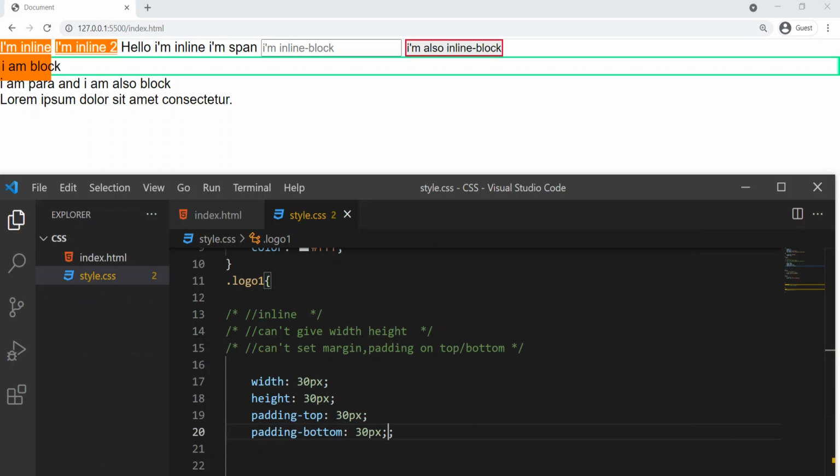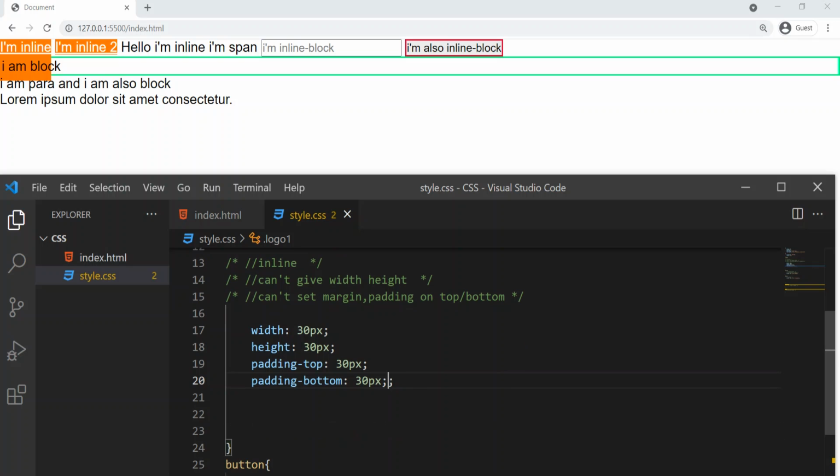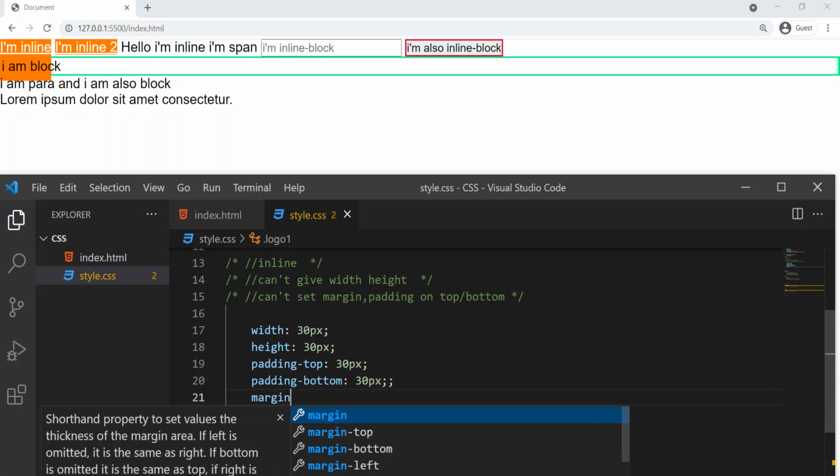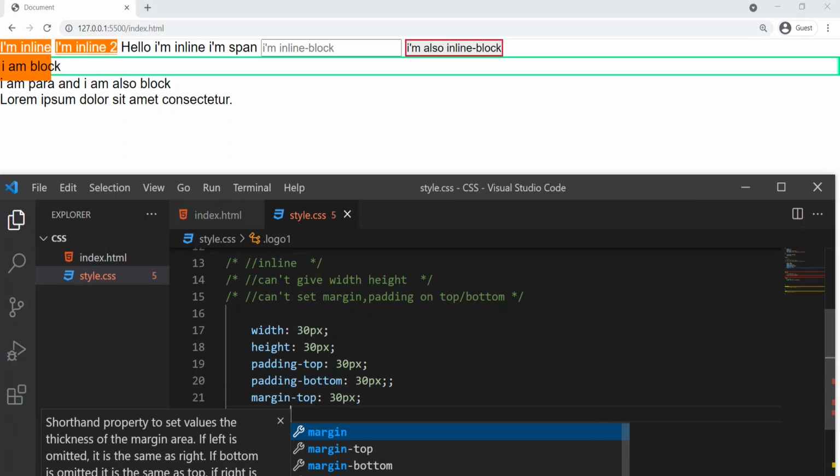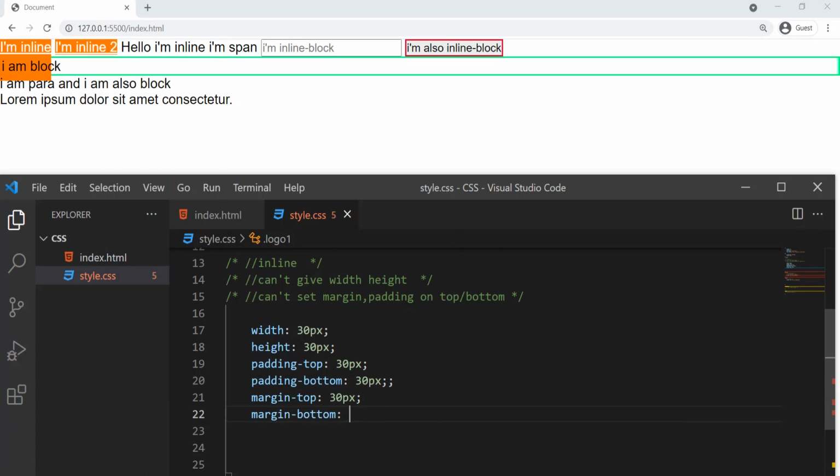You can see guys, when we give padding bottom, it is not taking space in the document flow. Okay, it's like the padding does not exist and elements are appearing immediately after the first line. Okay, it means there is no padding actually. Let's try the margin now. Here I'll write margin top and that will be 30 pixels. You can see that is not possible. And margin bottom 30 pixels. You can see still we cannot see anything.